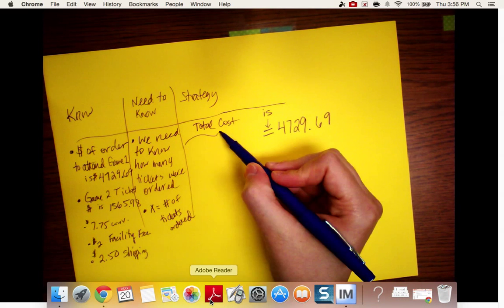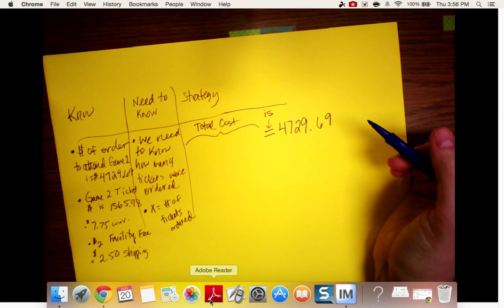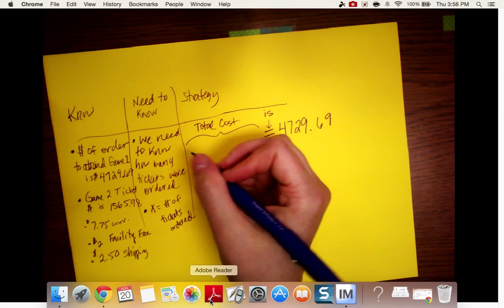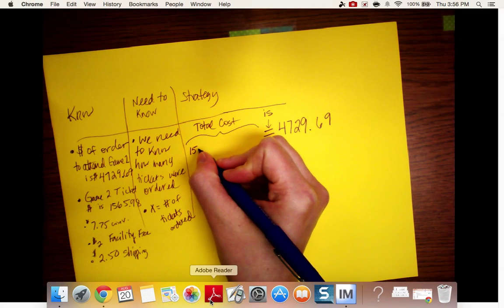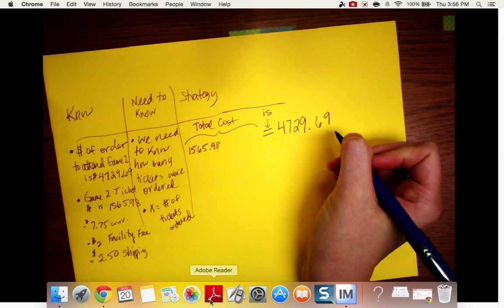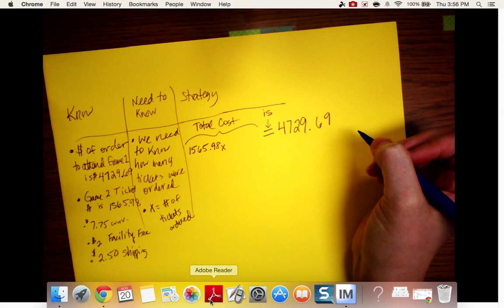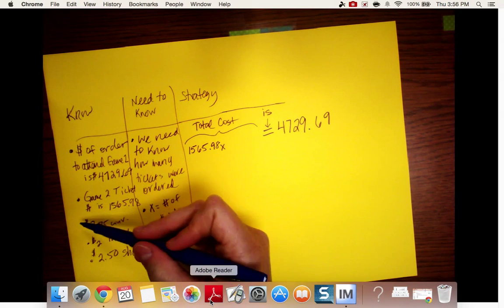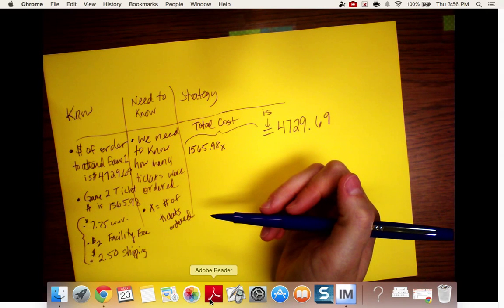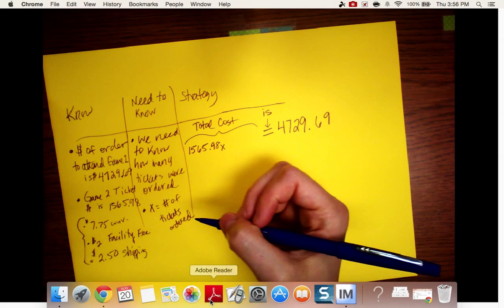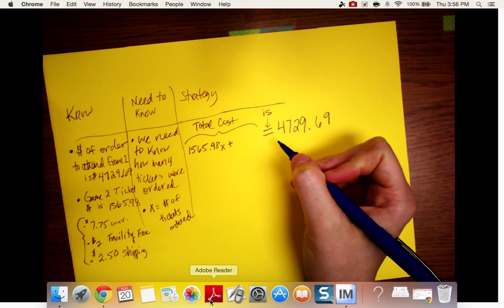Alright, so we need to figure out what's going to go right here on the left side of the equation. I think the first thing that students saw today was that if each ticket for game 2 costs this, then you would multiply the number of tickets by it to see how much all the tickets together cost. Because these fees here, it states that you have these fees per order, not per ticket. So we know that those fees will be added to the